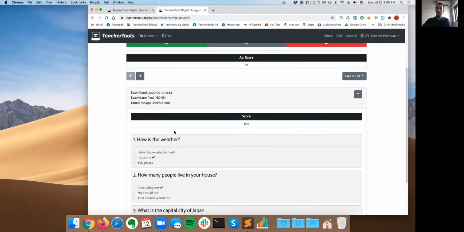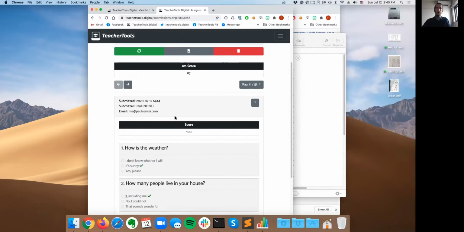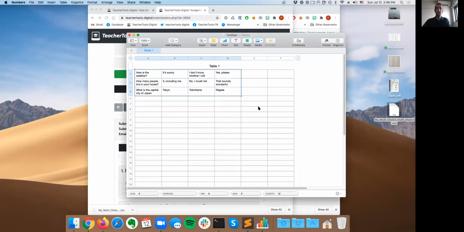So these are now in my folder. Now you might want to then put those scores into your grade sheet. So how do you do that? You can do that easily by clicking on the download option here. If you click on this button, it will generate a spreadsheet. And you can see the spreadsheet has been saved to my desktop. If I double click on that,